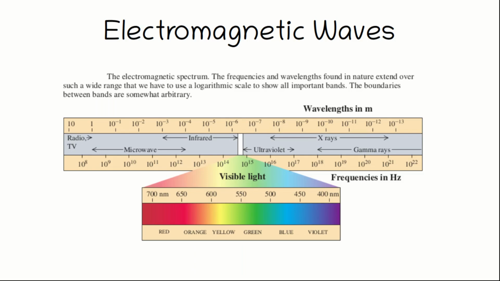In this picture you can see a broad range of electromagnetic wavelengths found in nature, from radio to gamma rays. The top ruler shows the wavelengths in meters, and the bottom ruler is just showing the frequency in hertz. So the radio is from 10 to 1 meter, microwaves from 1 to approximately 10 to the power minus 4 meter,